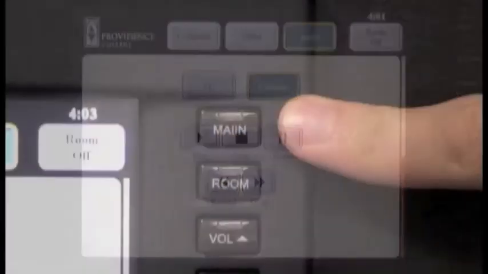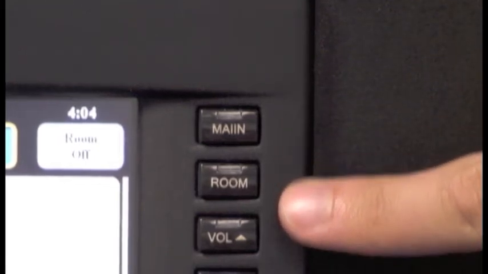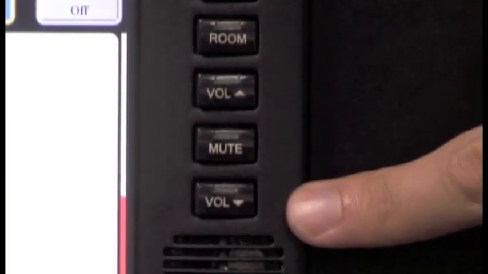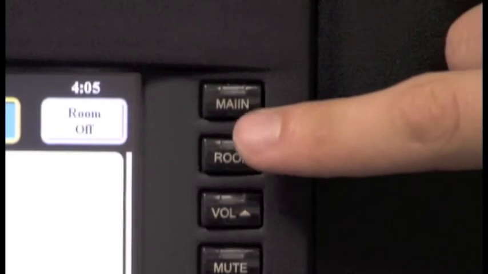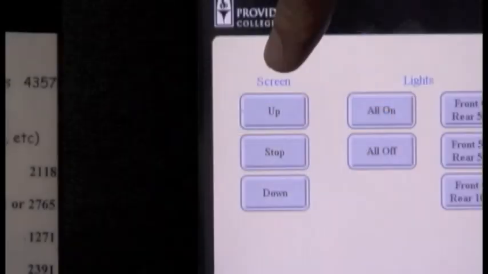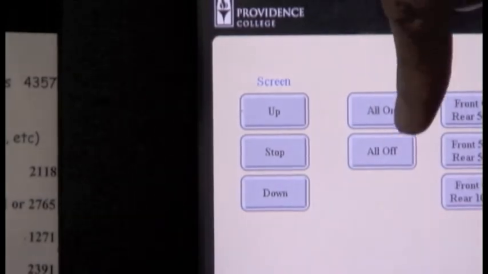In addition to the touchscreen controls, there are also 5 push buttons on the right side of the touchscreen: Main, Room, Volume Up, Mute, and Volume Down. Selecting the Room button will bring up a menu of room controls. These include manual override of screen up, down, or stop, various settings for the lights,